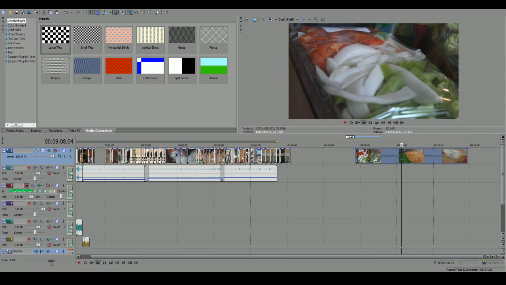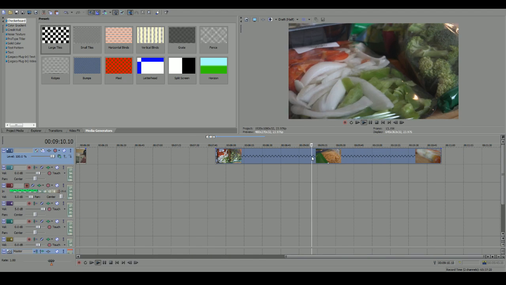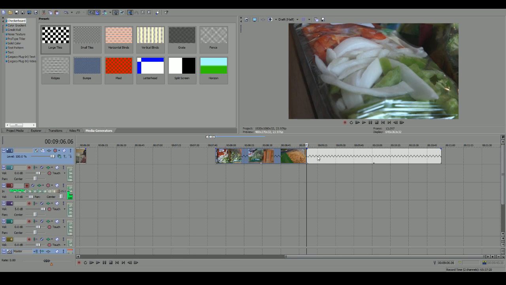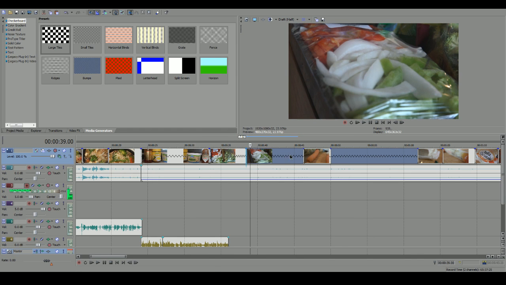Also, another reason why I shoot extra B-roll. Tons and tons of extra B-roll. That way, when I get to this part where I'm like, oh, snap, I need to speak quicker, or I have a lot more to say than this clip is showing, I can just do what I'm about to do, which is add a second clip of the same thing.